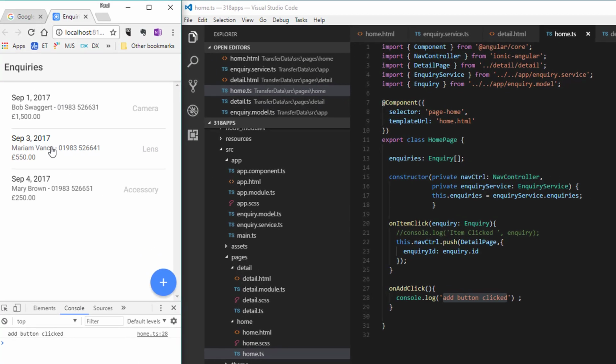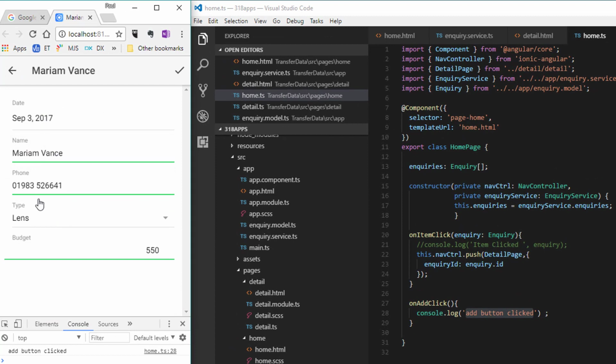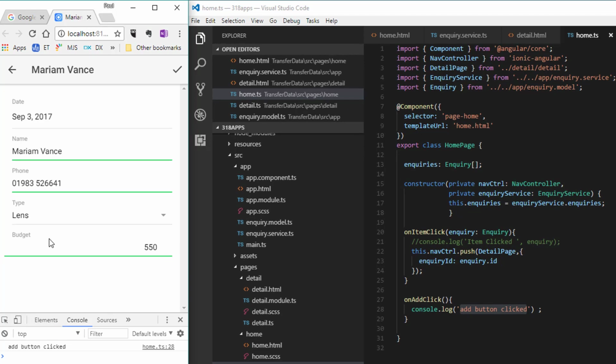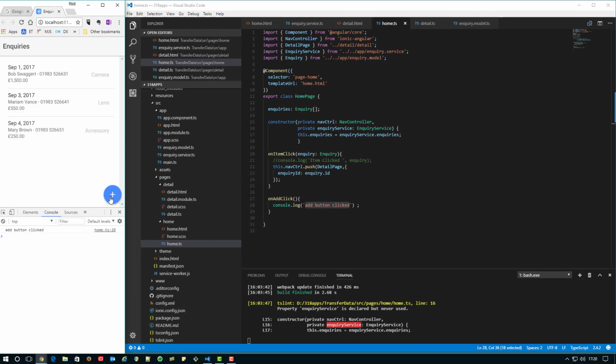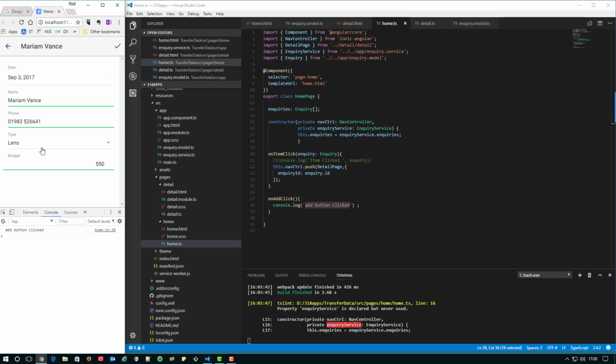Now we happen to have a perfectly good form that has all of the properties set up for an inquiry, so we might as well use that form but treat it in a slightly different way. So we will use the button here to open this form here, but without the details used to display a client. So what we'll do next is we'll develop the onAdd click so that first it takes us to the